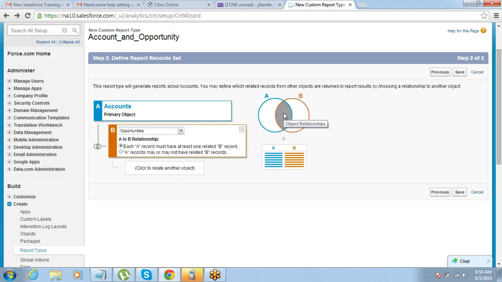You want to create a report in which you want to include all the accounts, even if they do not have opportunity, or you just want to create a report of only the records where there is an opportunity, right? It's more like, if you are creating a list of, let's say where you stay, there is going to be a function, and there are parents, and then there are children, and you are preparing a list.